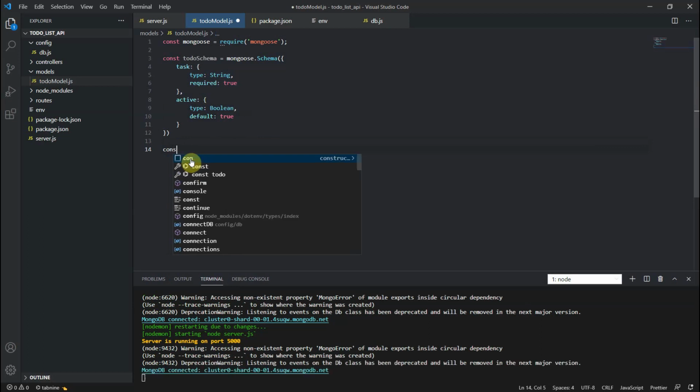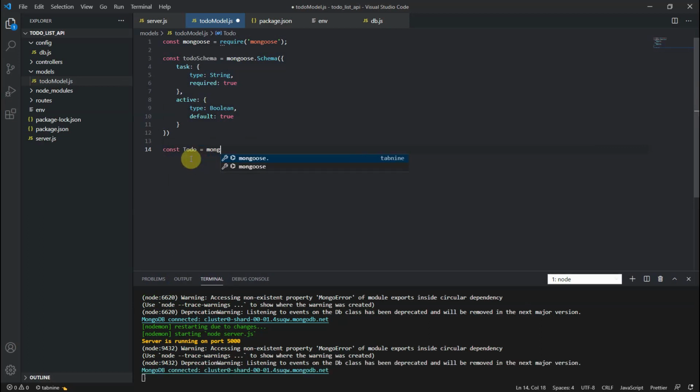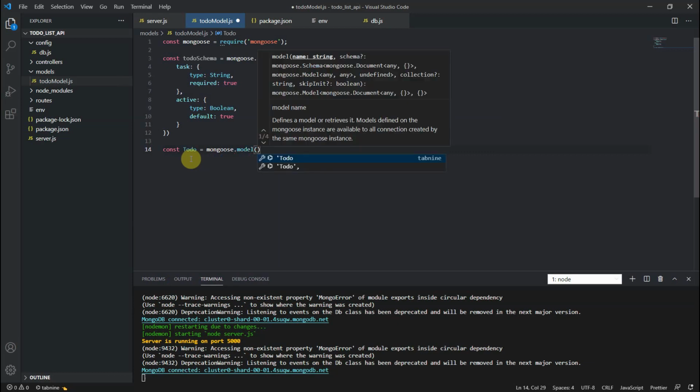Now const todo equal to mongoose.model, and in this model we will pass that collection name, meaning that data, meaning that table. If you know about SQL, then it is a table. If you don't know about SQL, MongoDB is actually a NoSQL database, right?